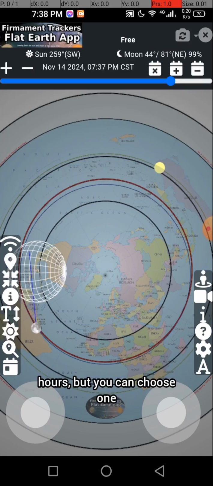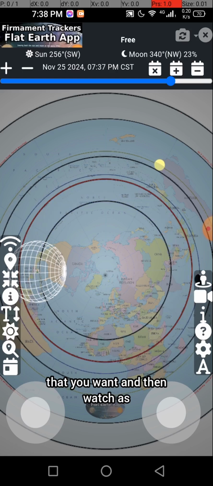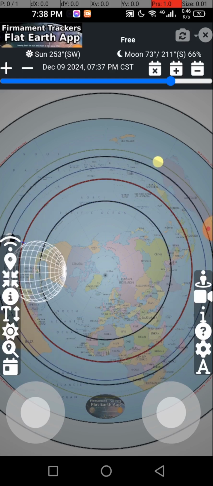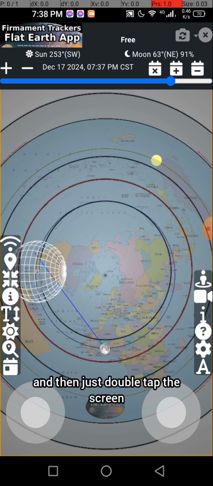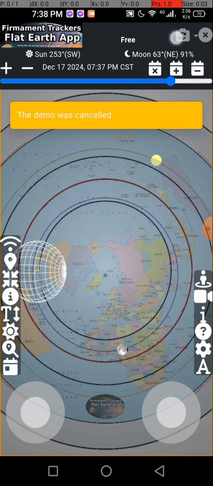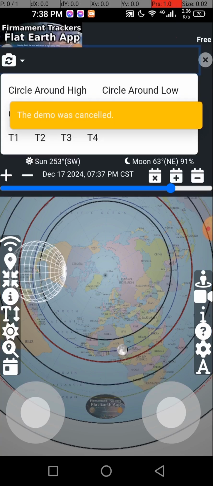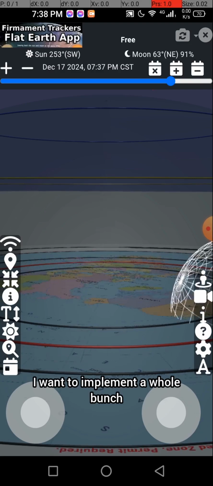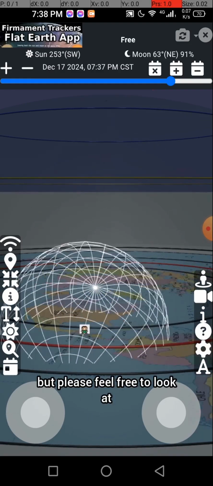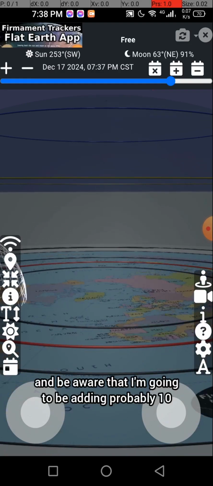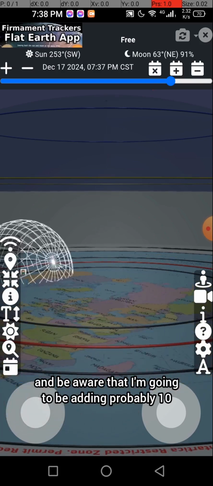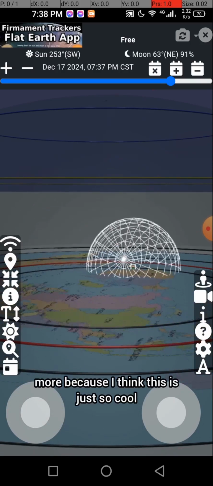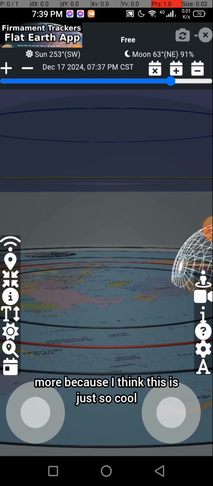But you can choose one that you want and then watch as what's going to happen. And then just double tap the screen if you want it to stop. Now, I'm aware that there's not that many. I want to implement a whole bunch, but please feel free to look at what's there right now and be aware that I'm going to be adding probably 10 more because I think this is just so cool and the